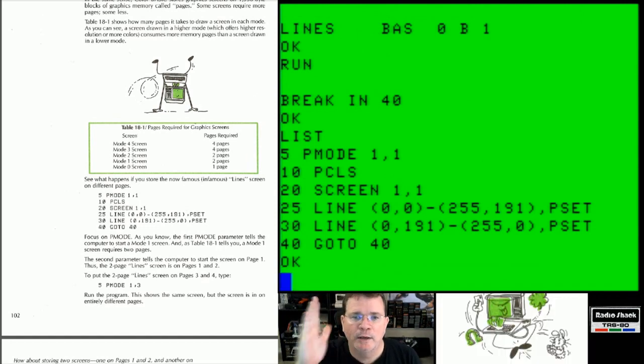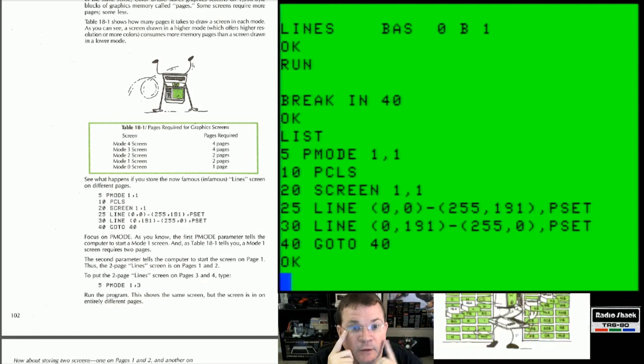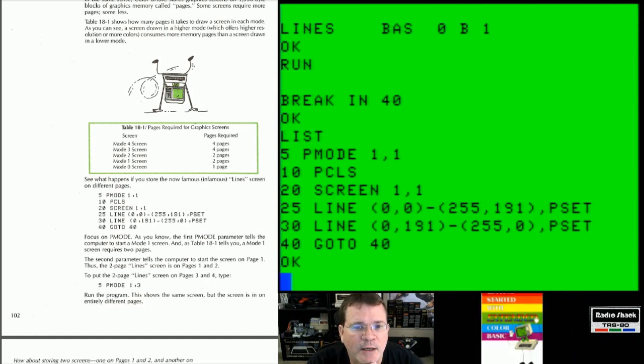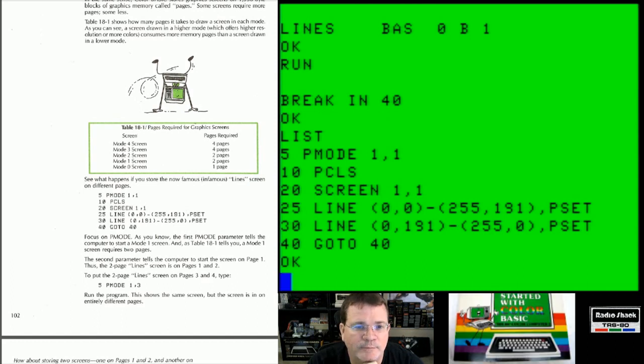PMODE 1, 1. So PMODE 1, the first one tells you the mode, the second one tells you the page. Yes, so it tells you to start on page 1. Now, it says here, to put the 2-page line screen together on page 3 and 4, type in